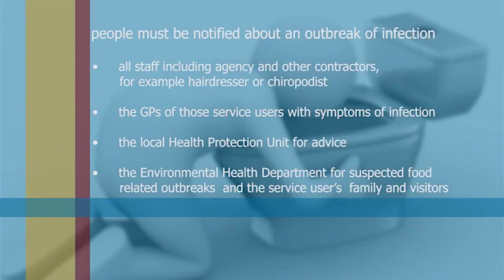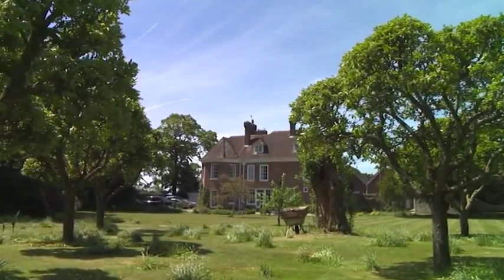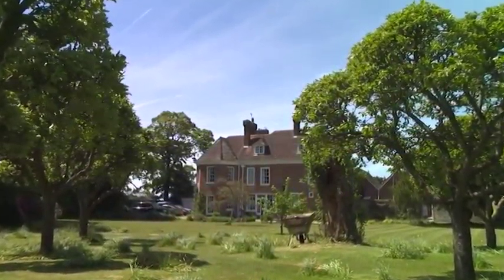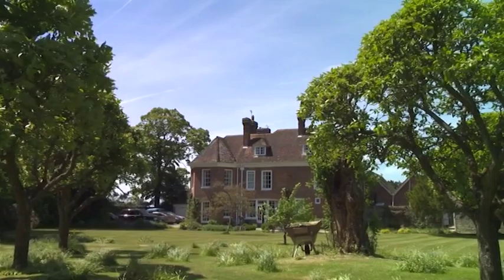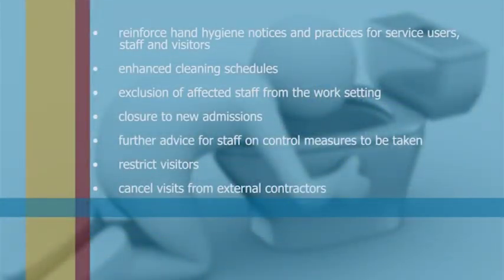All staff, including agency and other contractors, for example hairdresser or chiropodist, the GPs of those service users with symptoms of infection, the local health protection unit for advice, the environmental health department for suspected food-related outbreaks, and the service user's family and visitors. The manager of the care setting may decide to take particular actions to immediately minimize the spread of the infection. Some examples of this could be: